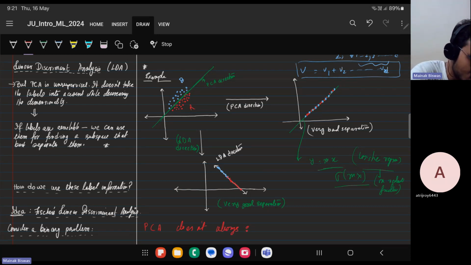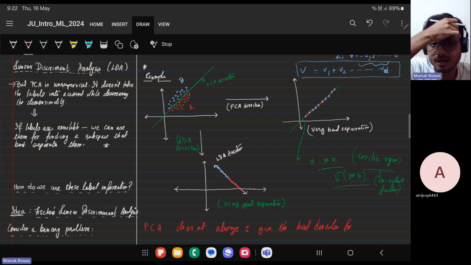I see that every day in my research. PCA does not always give the best direction for classification. This is more of a contrived example. In reality we don't see such contrived examples, the opposite. But yes, the best direction for classification